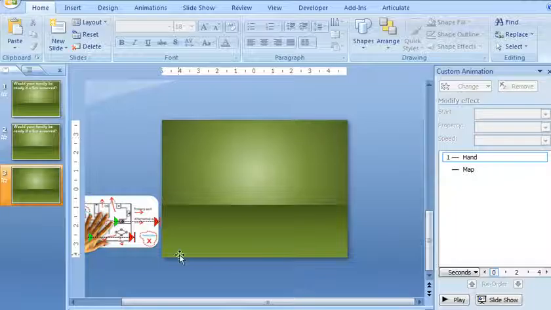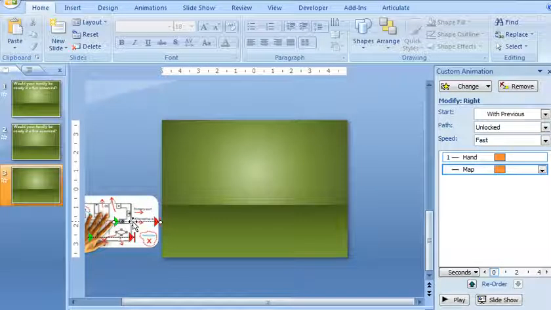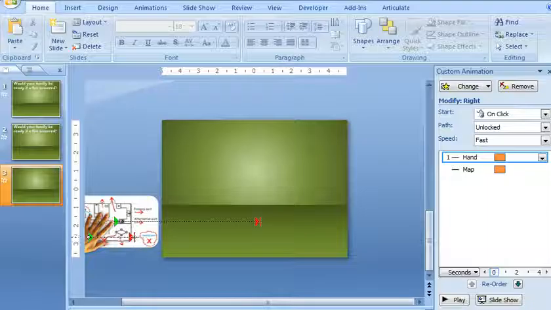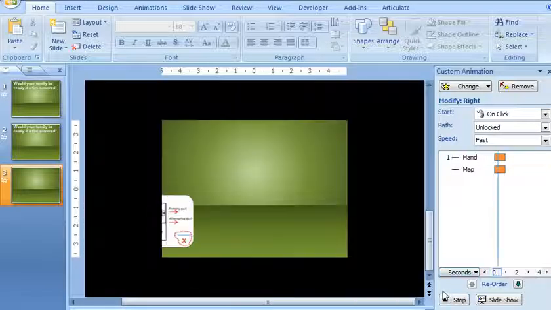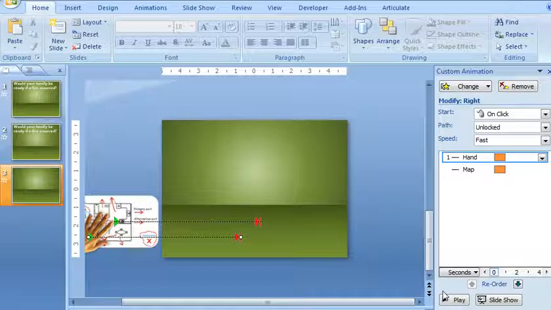Okay, the other thing that we need to do is change the motion path length because we want it to move all the way onto the slide. You can see that it's pretty short right now. So with this motion path selected, I'm going to hold down my Shift key to keep it nice and straight, and then I'm going to stretch this to about the middle of my slide. And then I'm going to do the same thing for the other motion path that applies to the hand. And this one I'm not going to move quite as far because they are staggered in their position. And then if I click this play button here to see how that looks, now that looks about right,